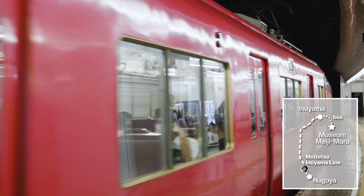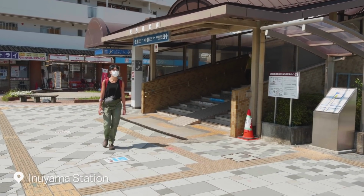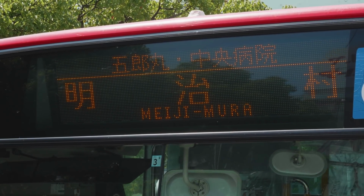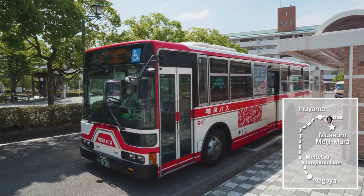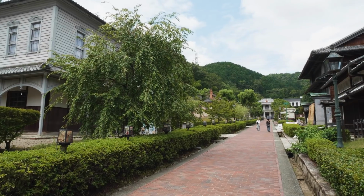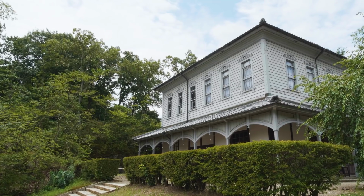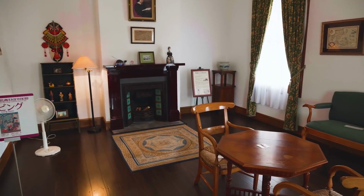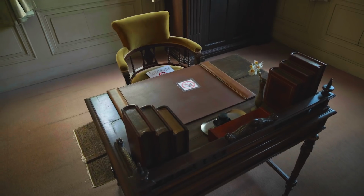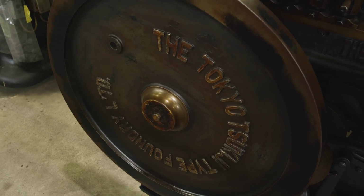After the satisfying and very filling breakfast, I proceeded to Meiji-Mura, a large open-air museum about an hour outside of central Nagoya. Museum Meiji-Mura is one of the largest outdoor museums in Japan and houses a collection of buildings, furnishings, and documents from the Meiji period, which lasted from 1868 to 1912. The period marked the end of feudalism and centuries of international isolation, and is characterized by Japan's rapid modernization and